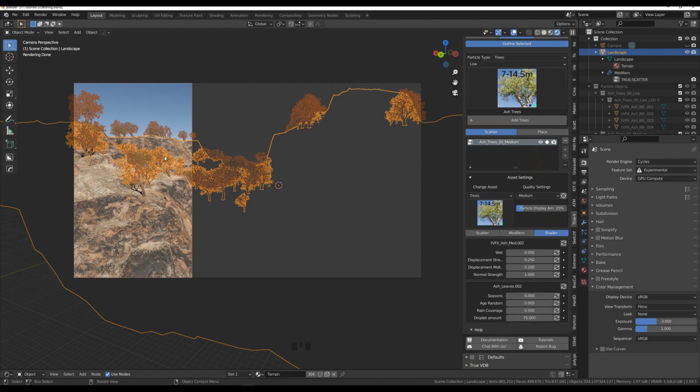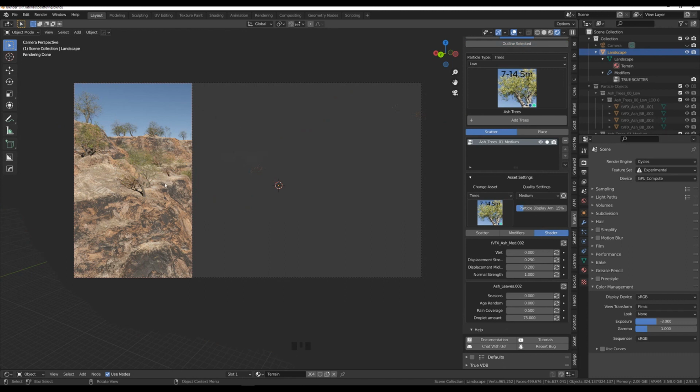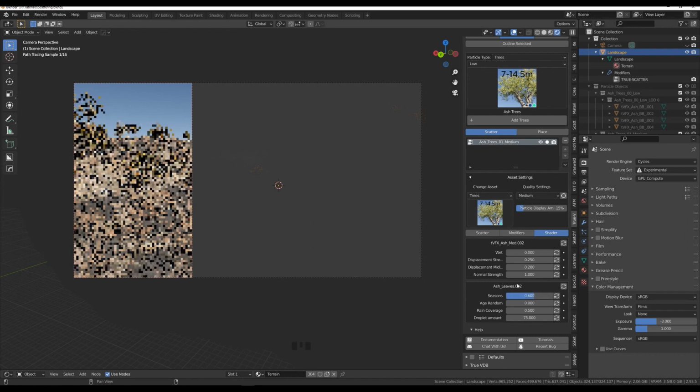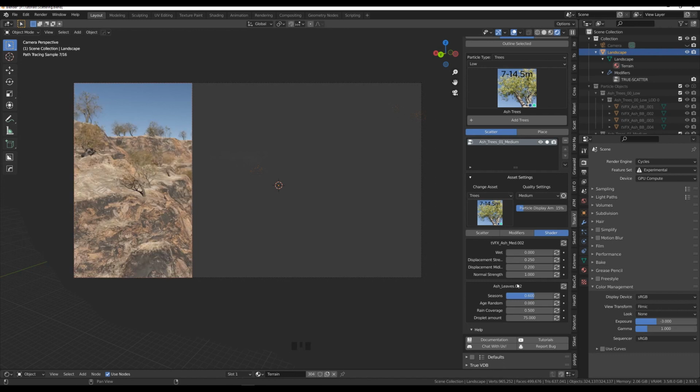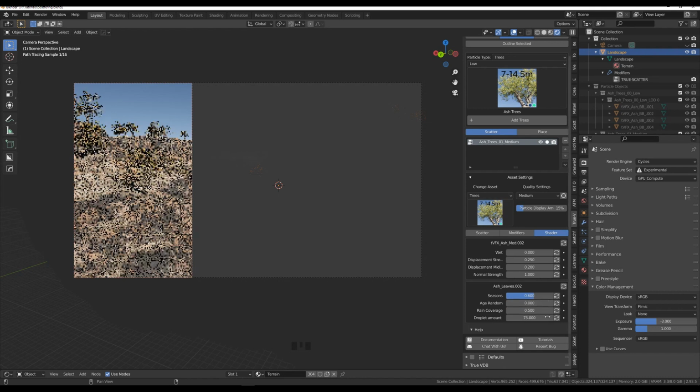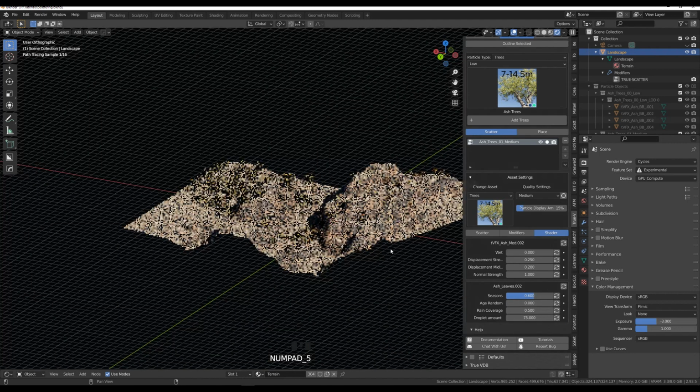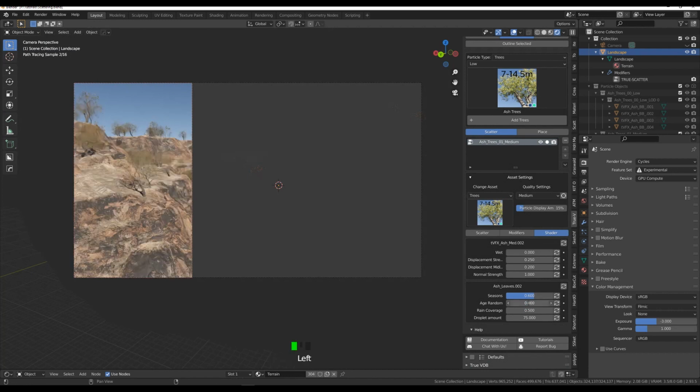However, the select line, the orange outline, makes it a little bit difficult to see what we're doing. So there's a great feature in True Terrain over here, outline selected, just click that, and although it's still selected, it's not visible anymore. So what I'm going to do is change the seasons to like 0.6, and we should see a change of colors in here, and we do age random of 0.5, so we get some randomness, some randomness